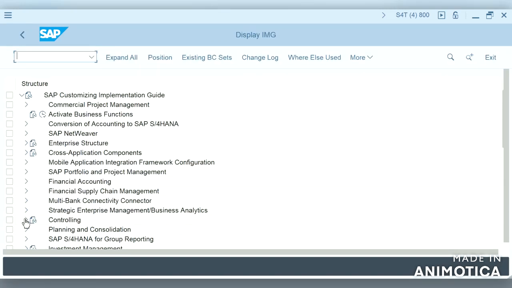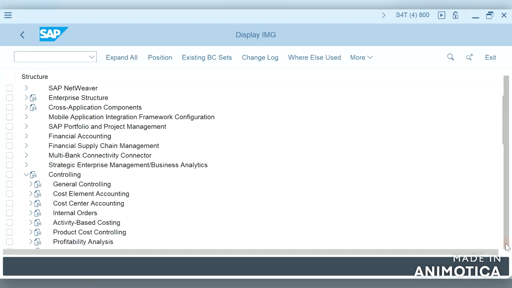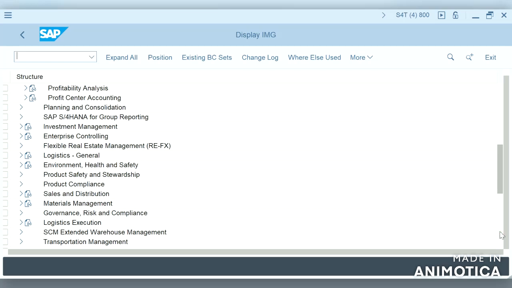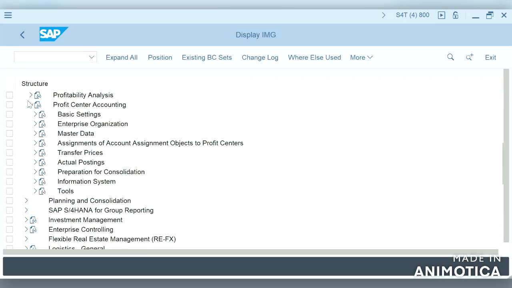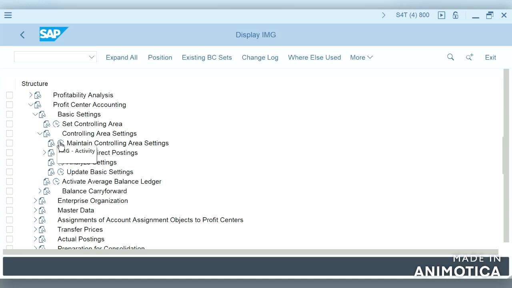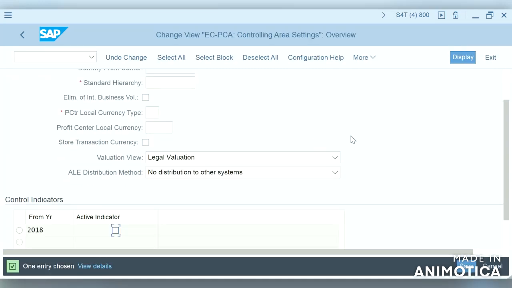Let us move on to controlling, profit center accounting, basic settings, controlling area settings, maintain controlling area settings.